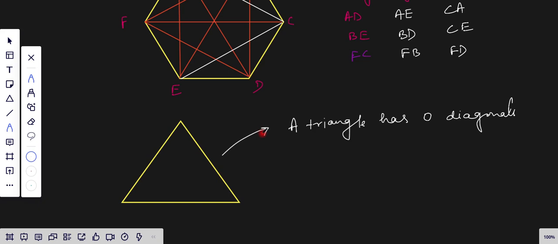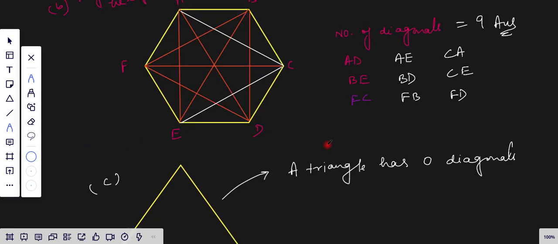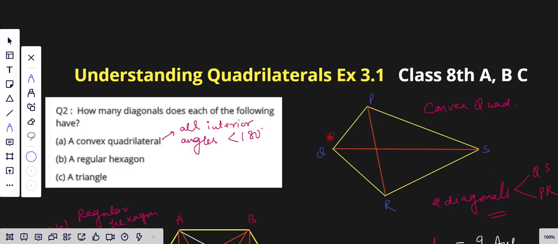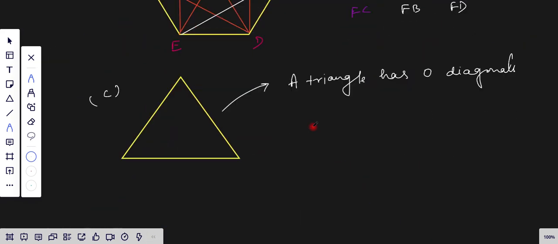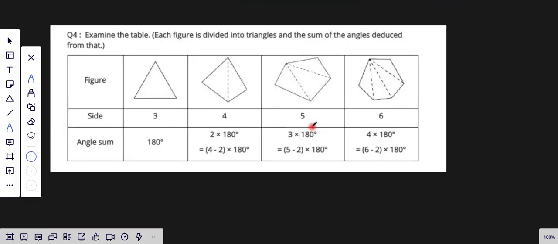Okay, so this is the answer for part C. I hope this is clear to you all, and also that the screen is visible to you all, right? Okay, so sorry. Now the next question. I have intentionally left question number 1 and question number 3 for you all as homework. But if you find any difficulty while solving questions 1 and 3, you are free to ask me. But before that, you all need to watch these videos.